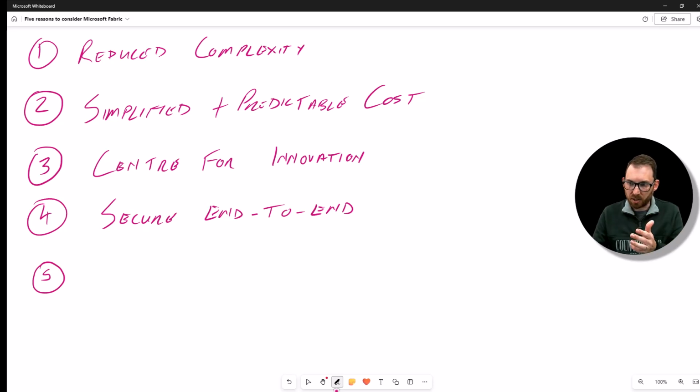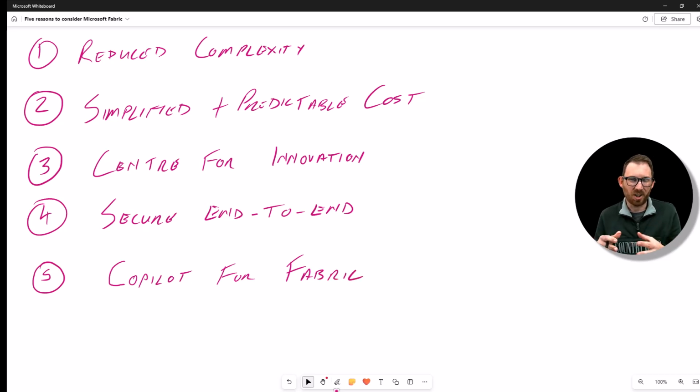And the last reason I think it's exciting, and I'm really looking forward to being able to test this myself outside of the marketing videos, is Copilot for Fabric. Interestingly, when I mention this, I've got to repeat it 2 or 3 times to customers, because they get excited thinking they're getting access to Copilot for Microsoft 365, so everything inside of Outlook and Word and Teams, but that's not the case. This is just Copilot for Fabric, so I'll be clear on that.